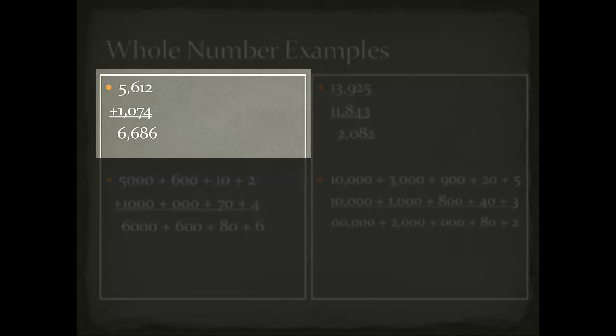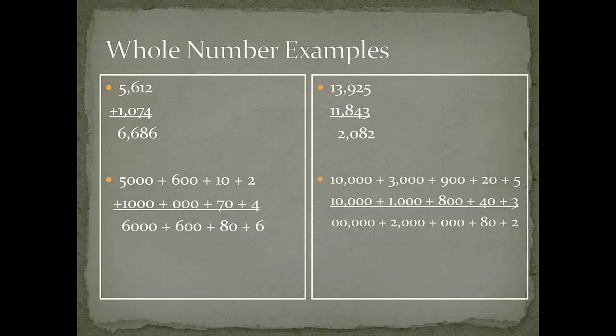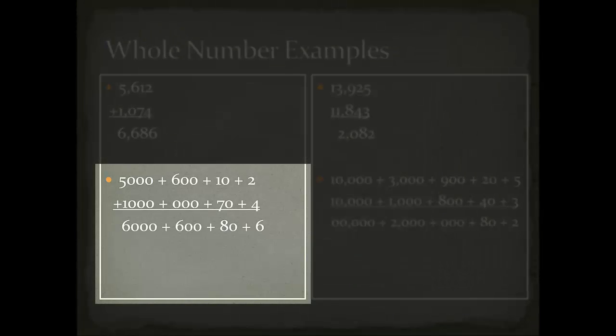If I add these together, I would get an answer of 6,686. Let's look at the same thing but in expanded form. If I took the number 5,612 and I change it into expanded form to show its true value for each digit, it would be 5,000 plus 600 plus 10 plus 2, as we discussed in the previous slide. But now I'm going to change my number 1,074 into expanded form as well, and that would end up being 1,000 plus 0 plus 70 plus 4,